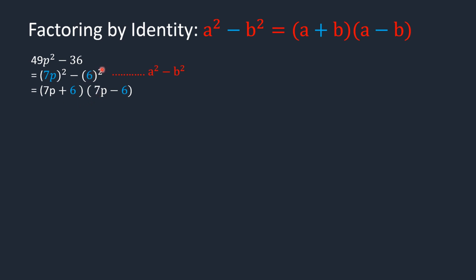Square root of 6 squared is 6. Give plus sign to one factor and minus to the other. So 7p plus 6 multiplied by 7p minus 6 are the factors of 49p squared minus 36. Next,